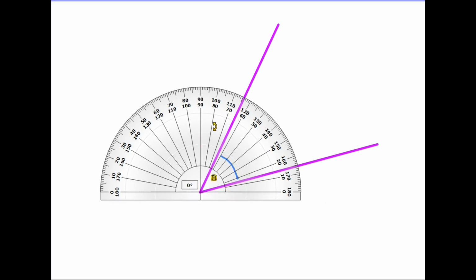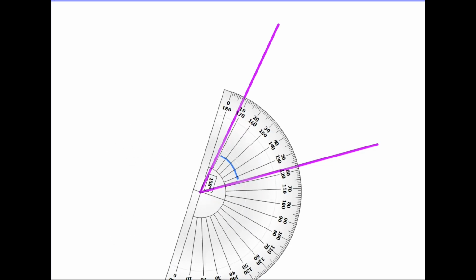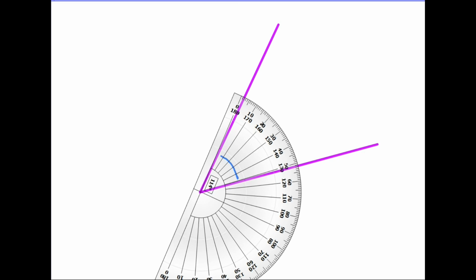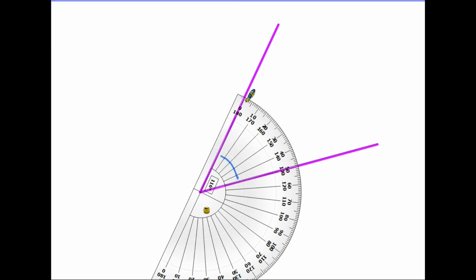Once you have done that, you need to rotate the protractor so that your 0 is exactly on the first line. As you can see, it is there. We have 0 on the line. From there, we can now measure around the angle. So we count along this way, and we can see from the second line that this particular angle is 50